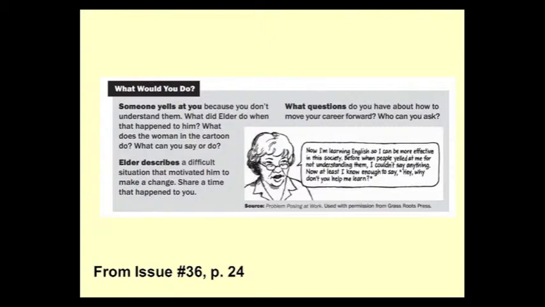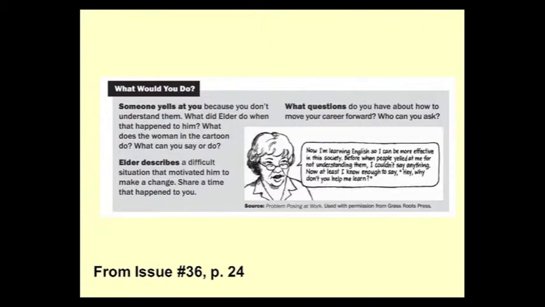There would be some probably laughing, some embarrassment, some horizontal coaching could be going on. You don't have to always be front and center, right? You can kind of sit back and let them coach each other on how to handle a situation. And it just could be a great time. It's also going to be addressing that driver that we talked about, the community building driver, and that sense of belonging and that feeling of agency.